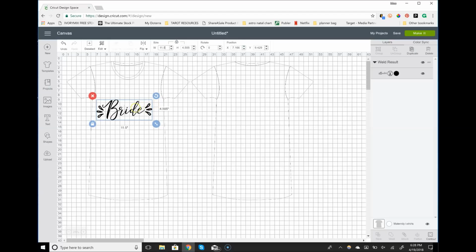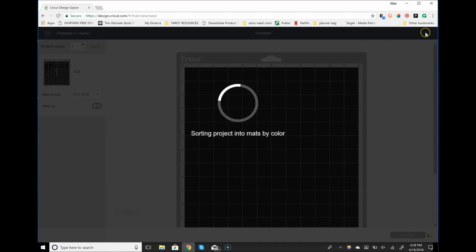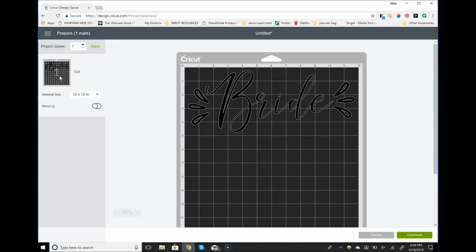It didn't really change it too much. We can see how it looks in the center. I still think that's a good size. So we're going to hit make it. Now it's fitting in the type of mat that I have, and I believe, yep, we're going to turn on